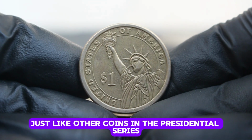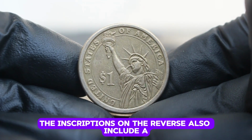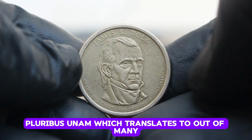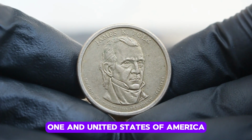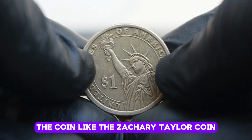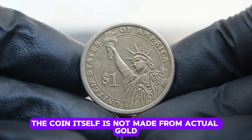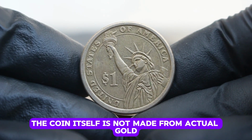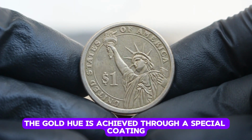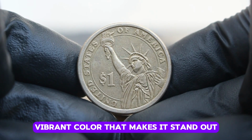Just like other coins in the presidential series, the inscriptions on the reverse also include E Pluribus Unum, which translates to out of many, one, and United States of America. The coin, like the Zachary Taylor coin, has a gold-colored tint though. As with all presidential dollars, the coin itself is not made from actual gold. The gold hue is achieved through a special coating process, giving the coin a rich, vibrant color that makes it